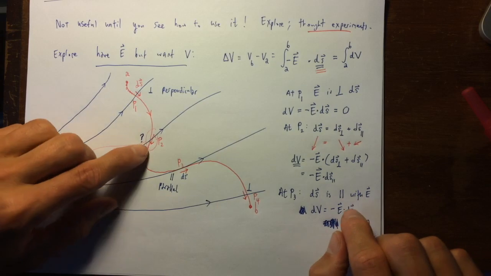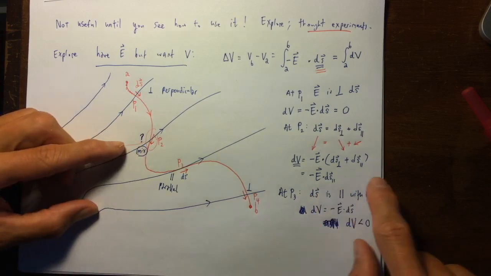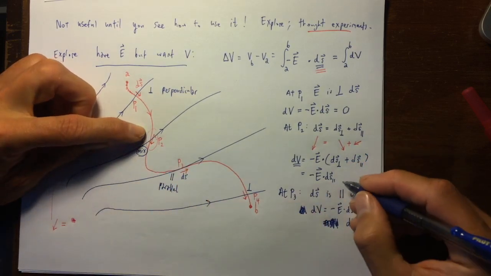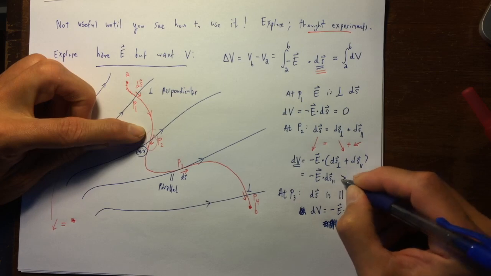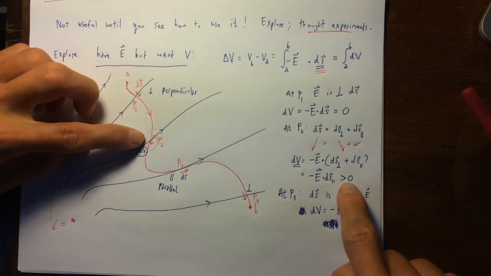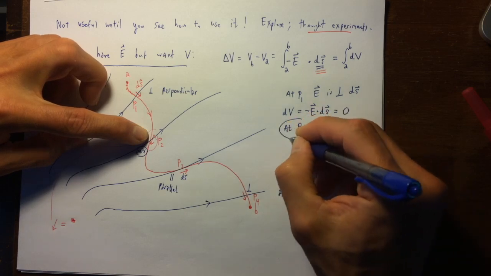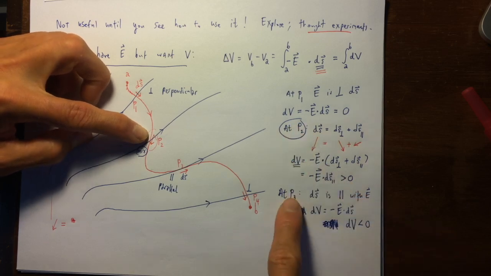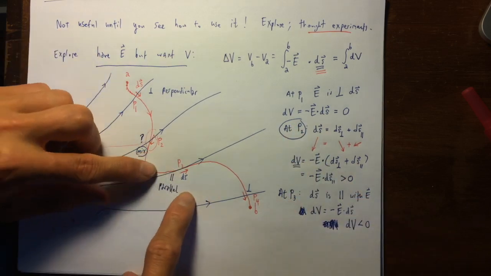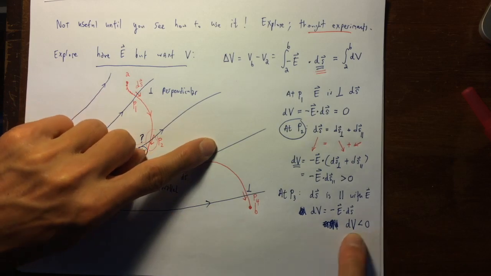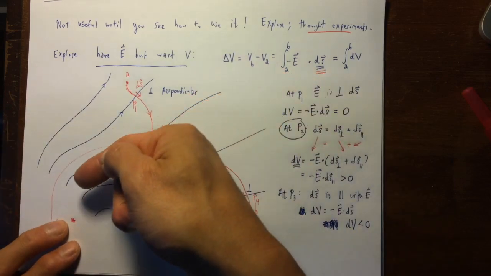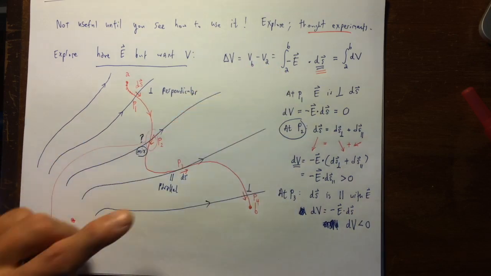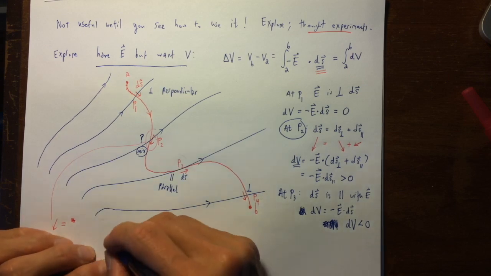So in this case, if you look at this, this dV is actually going to end up positive at P2. At P2, the potential will accumulate positively. At P3, because we're running with the field line, we're going to lose potential. So we must gain potential if we go against field lines, and you lose potential if you move in the direction of field lines. So as a summary,